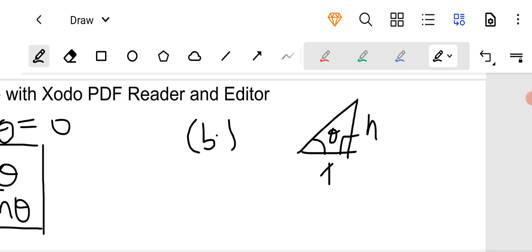Why do we know it's a 1? Because n, which is the opposite, divided by the adjacent, which is 1, will give us tan theta is equal to n. And then this one, the hypotenuse, is given by the square root of 1 plus n